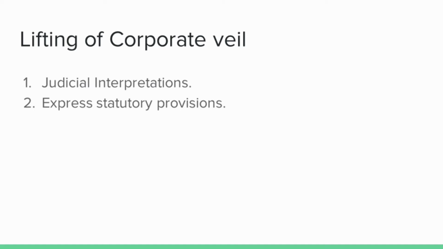But sometimes courts will think that the company and members are one and the same. Here, veil means curtain. Once a company is registered with the registrar of companies, an imaginary or illusory curtain will be drawn between the company and the members. Curtain means separation. So, the company is different, members are different. Between the company and the members there is a curtain. It is known as the corporate veil.